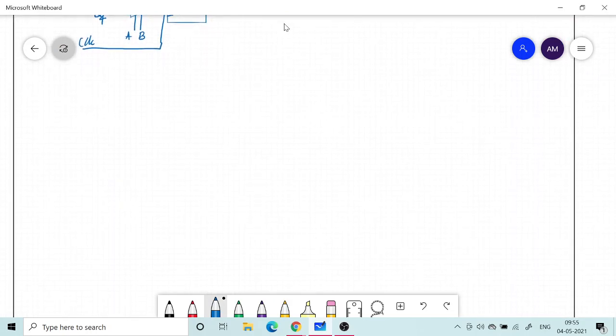Now let's move on. For today, I am going to discuss the design of a very important subsystem in all the processors, and that is your arithmetic logic shift unit.